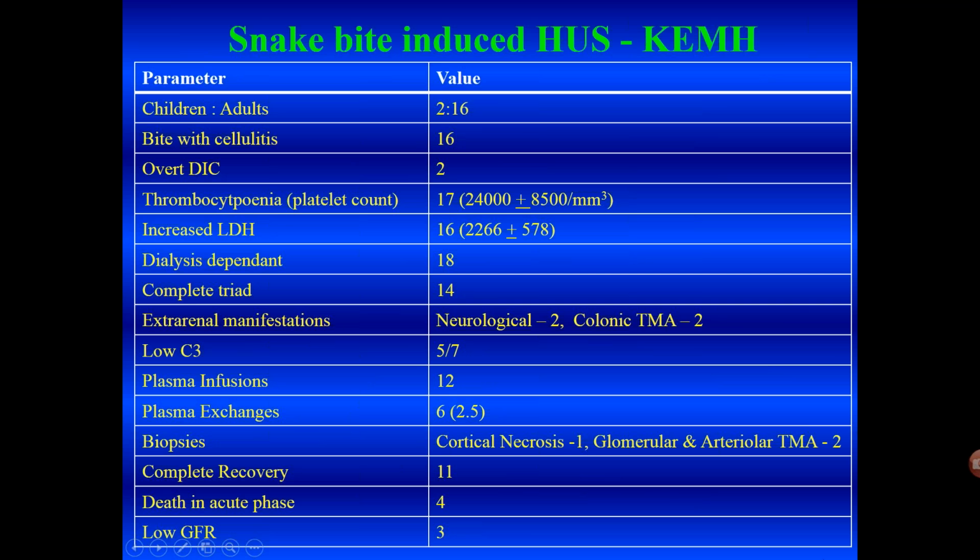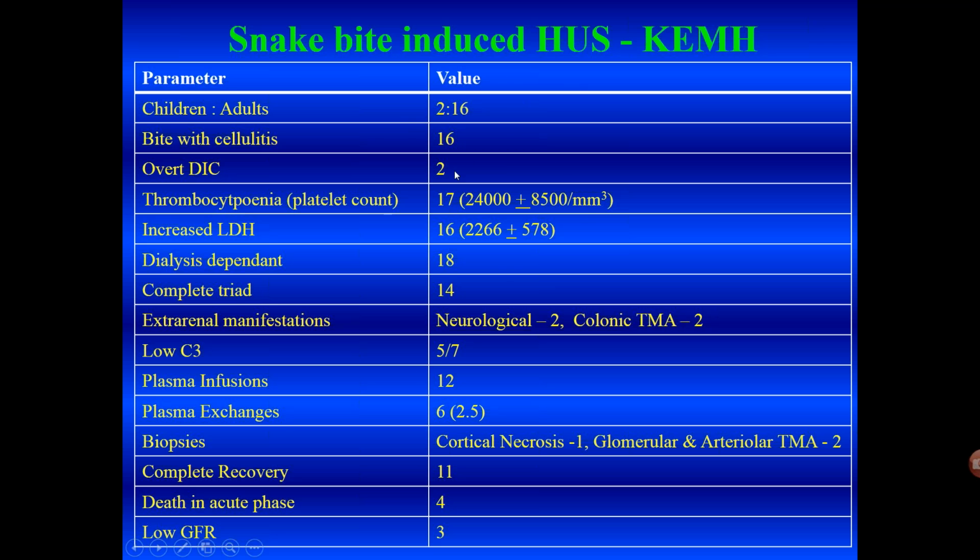I'm going to look at one of the specific triggers which is important in our Indian patients, and that is snake venom. Snake venom induced thrombotic microangiopathies have been described since the 1980s from various centers. A study of 24 patients from CMC Vellore. There were studies from PGI Chandigarh. I'm going to look at 18 patients whom we have studied in the last 10 years or so.